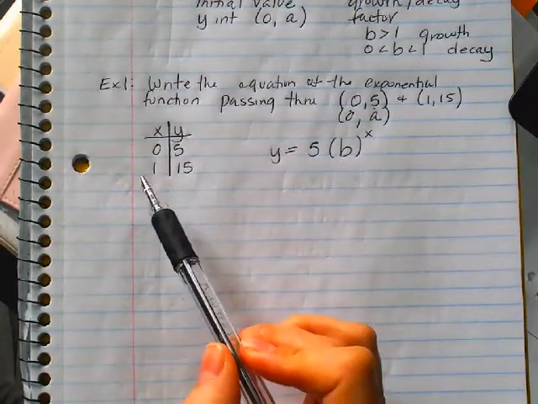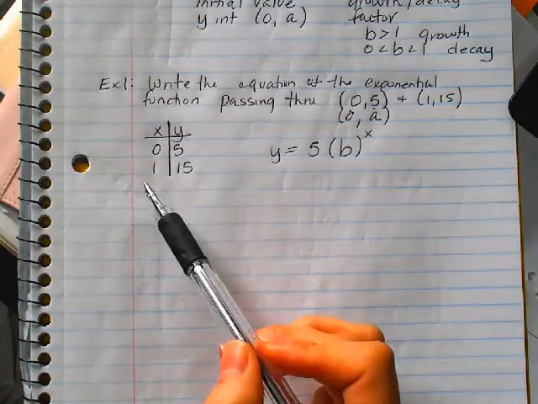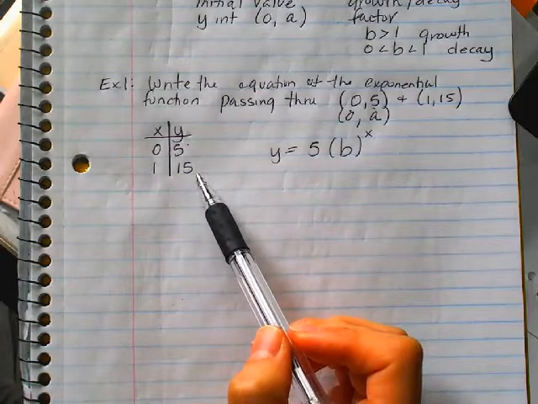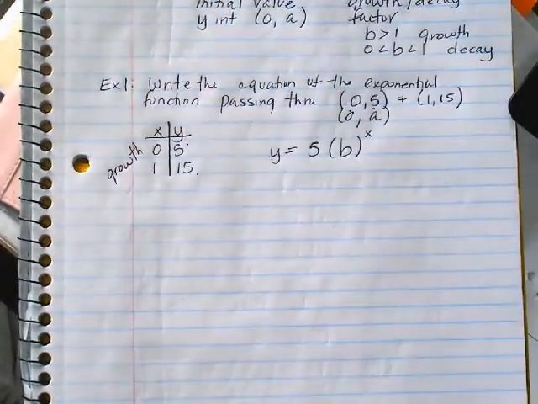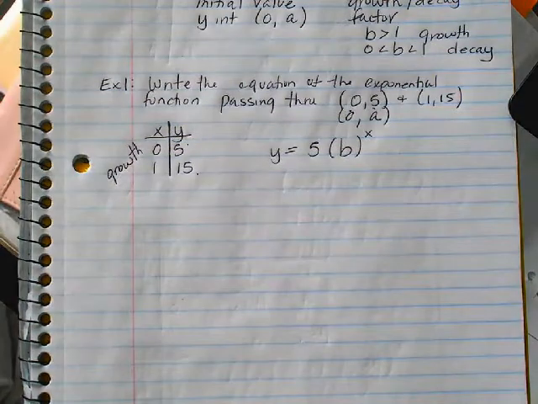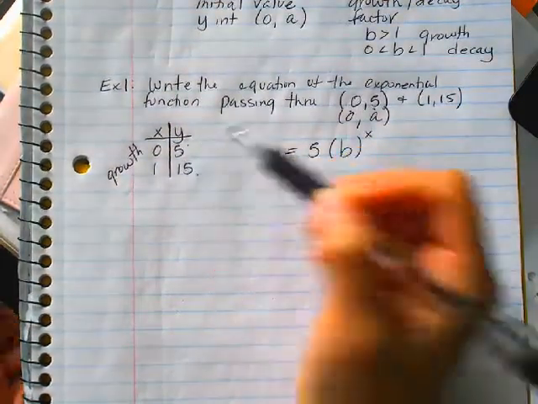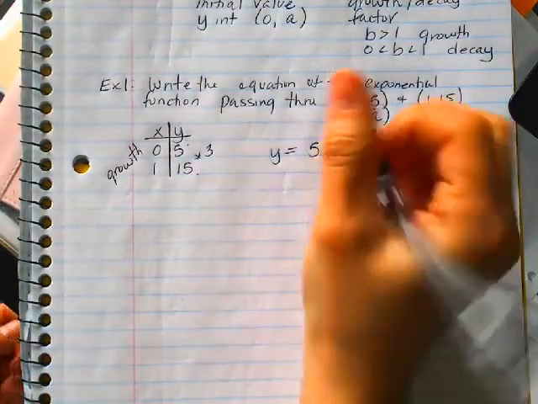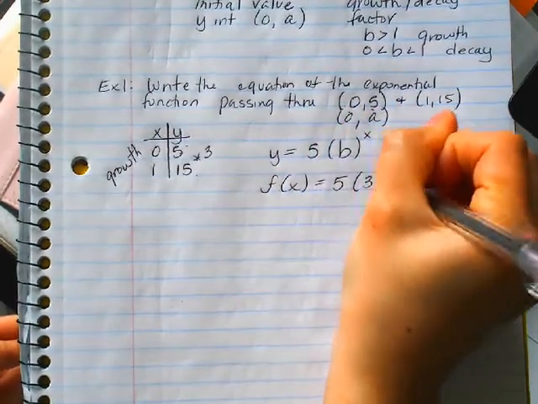So I look over at my table and I try to figure out what's happening here. And I see that as x increases, y also increases. It starts at 5 and then grows to 15. So this is depicting a growth function. We just have to figure out how fast is it growing. And I can see that I went from 5 to 15, meaning my amount tripled. It multiplied by 3. So my function is going to be f of x equals 5 times 3 to the